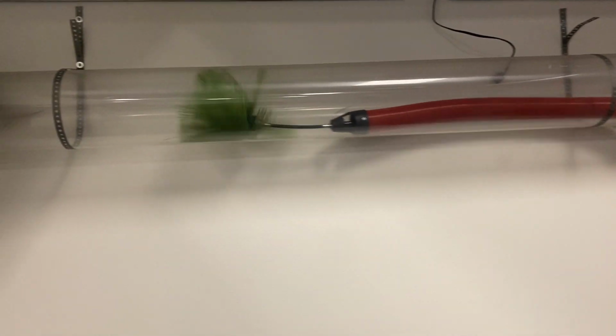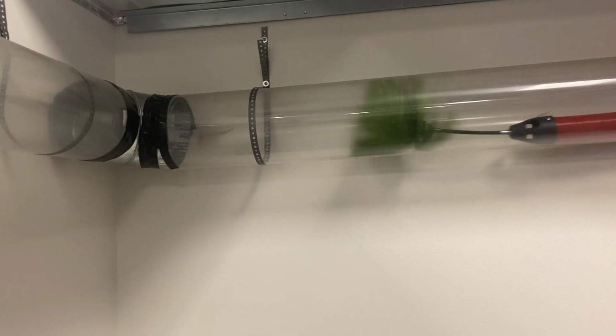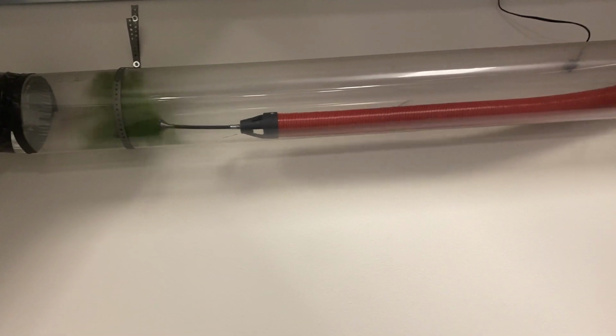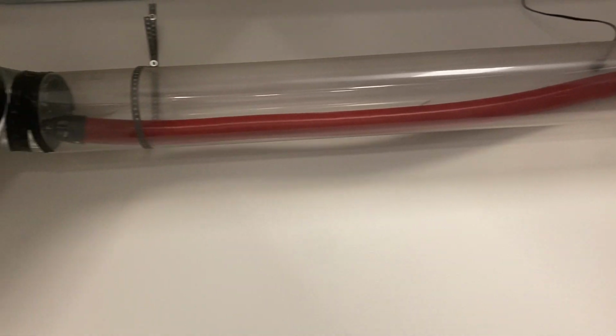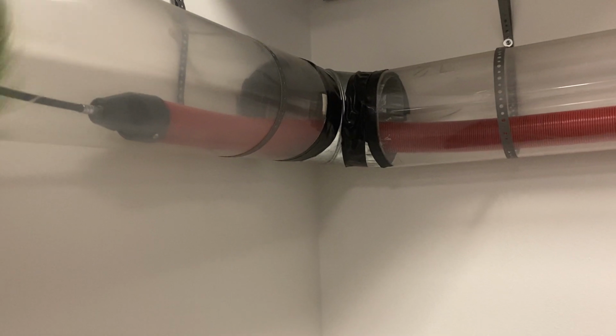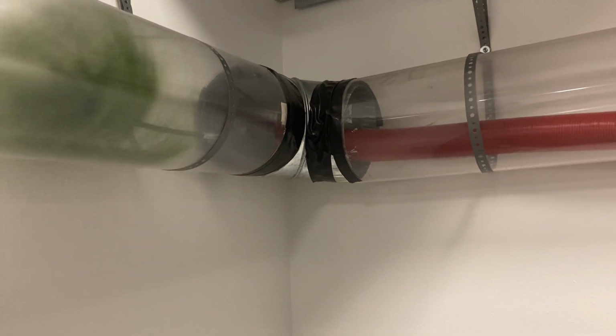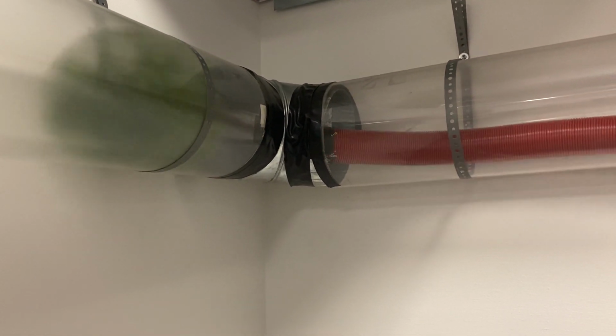We'll have it rotating on speed number 1 there. Let me just go ahead and turn that up just a little bit. So as I go through, I have it rotating counterclockwise, and you can see it's literally going to just go ahead and make that turn, okay? These are sheet metal boots on the end of it. So again, as I come out, no problem. That extension will allow me to navigate